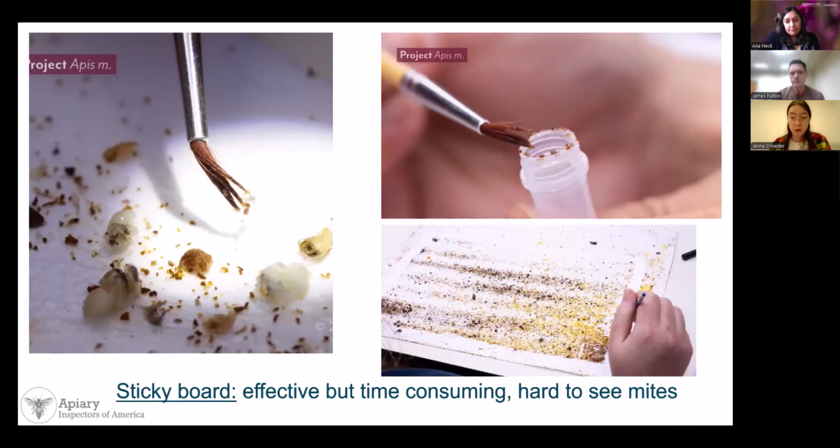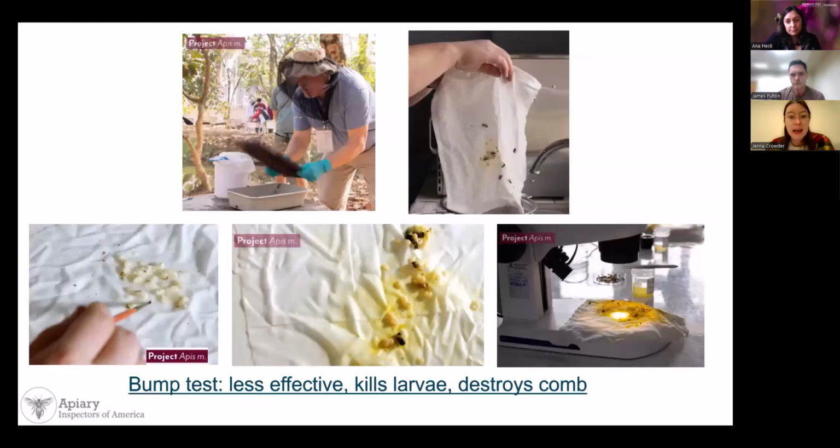So it really is difficult to detect these mites using a sticky board, even though that is one of the more effective ways to detect them compared to something like a sugar shake or an alcohol wash. The bump test is another monitoring method that is effective for detecting these, but it can cause damage to the colony by killing larvae. For folks who have done the National Honeybee Survey, this is part of that protocol,